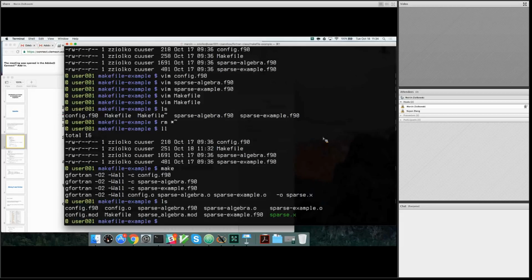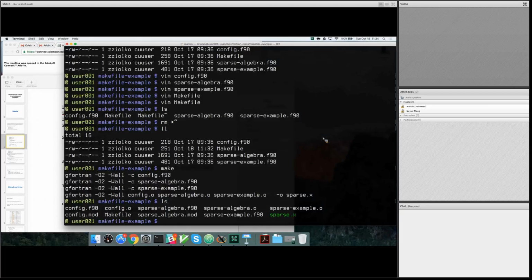Make files are truly generic. They're not related to compilation. What's good about make files for a big project is not only that it makes it easier for you, but whenever you type make, it will only recompile the code that was modified since the last time. It will not